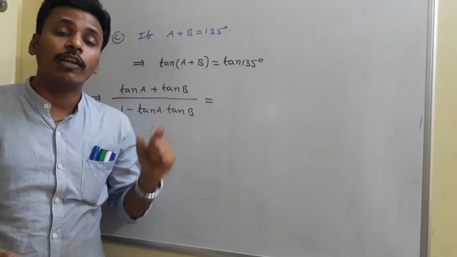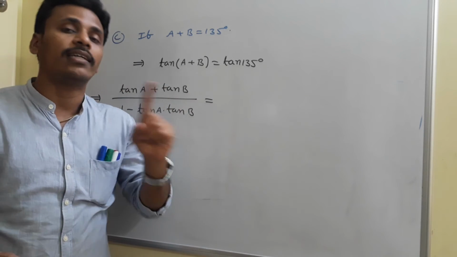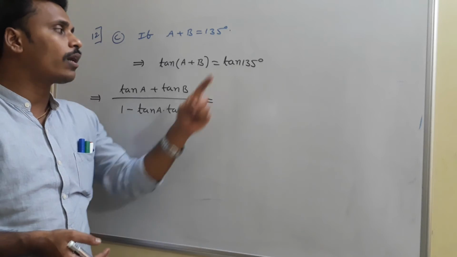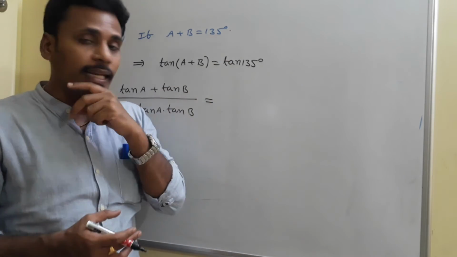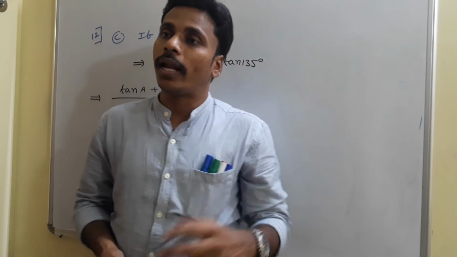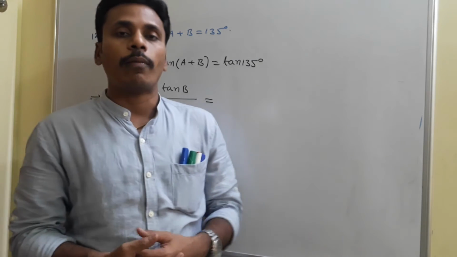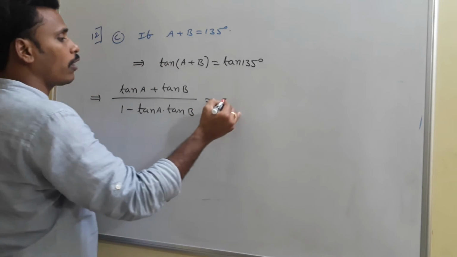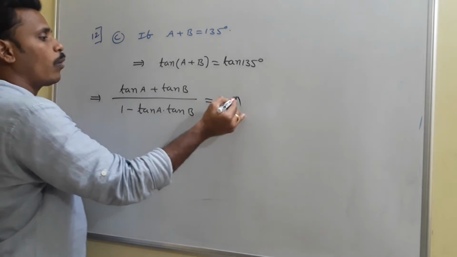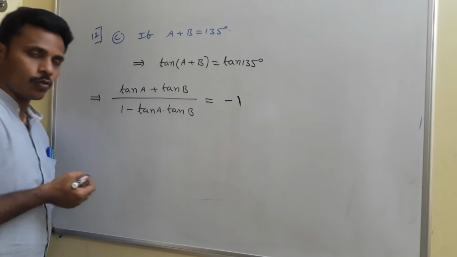That's what you need to identify. 135 degrees is an angle from the second quadrant. For sure there the tan is negative. And here you can write this 135 as 90 degrees plus 45 or 180 minus 45. So from there it is very clear that this is tan 45 with a minus sign. So tan 135 degrees value is minus 1.